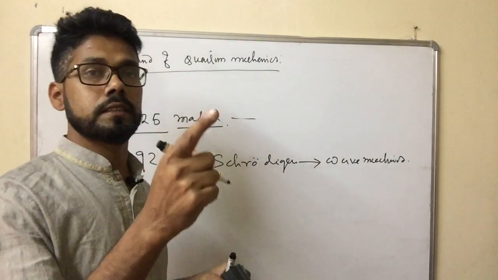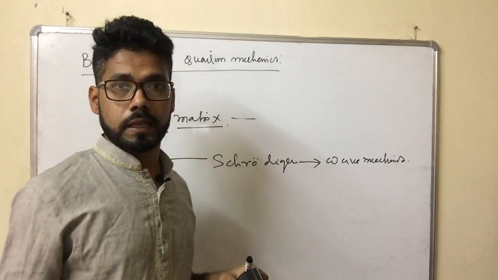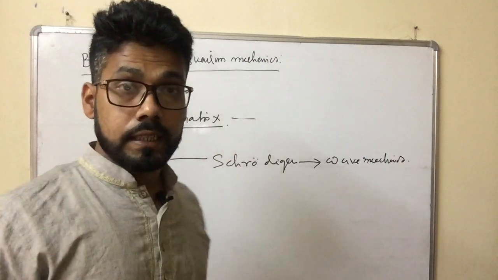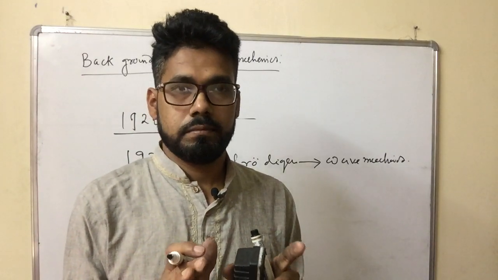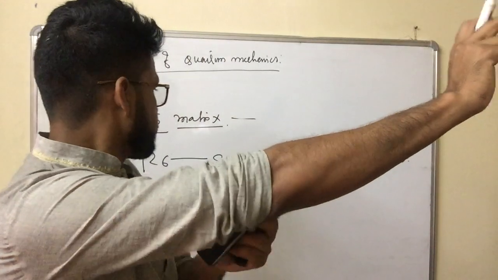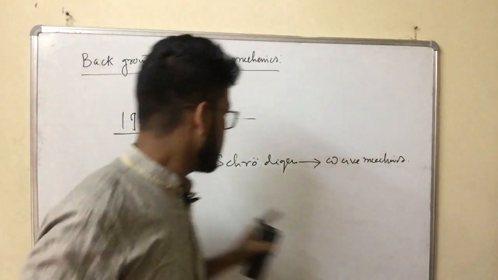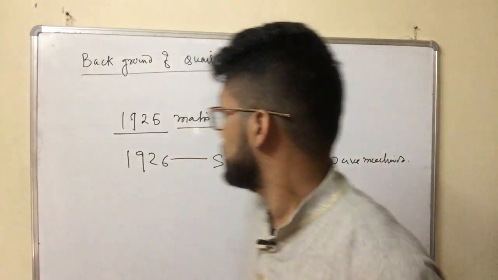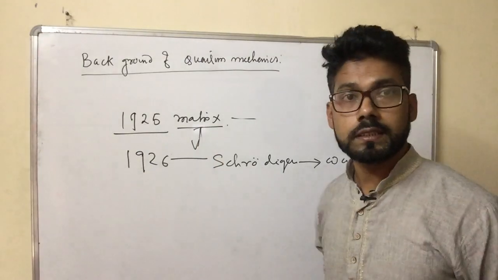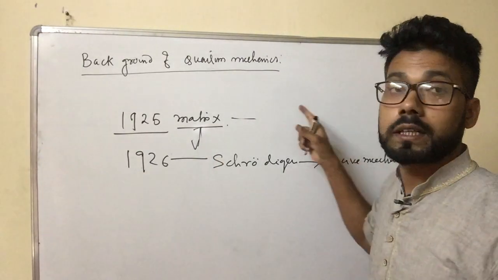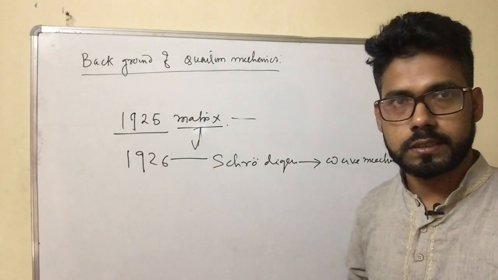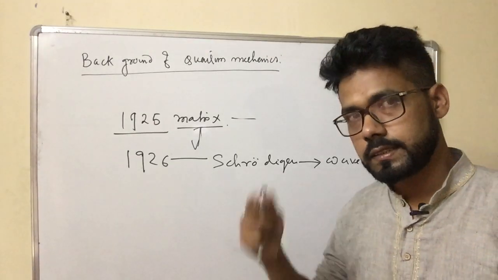Understanding of this part is very essential in order to understand the rest of quantum mechanics. If we understand the basic background, requirement and postulates of quantum mechanics, then we can understand the rest of the quantum mechanical part very efficiently, and it is necessary and essential too. In 1926, Schrödinger developed wave mechanics. It is for continuous systems, but these two are interchangeable. Sometimes wave mechanics can be transformed to matrix mechanics, or matrix mechanics to wave mechanics, under suitable conditions. That's what we are going to discuss in the next chapter, next class.